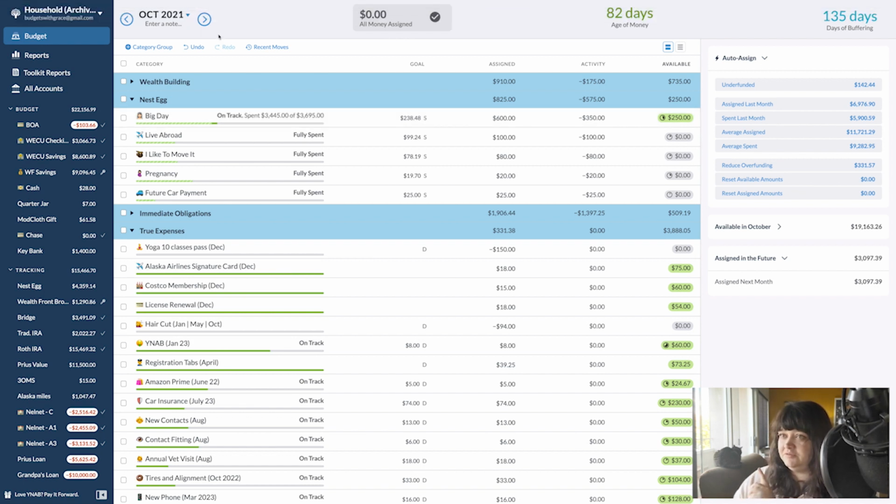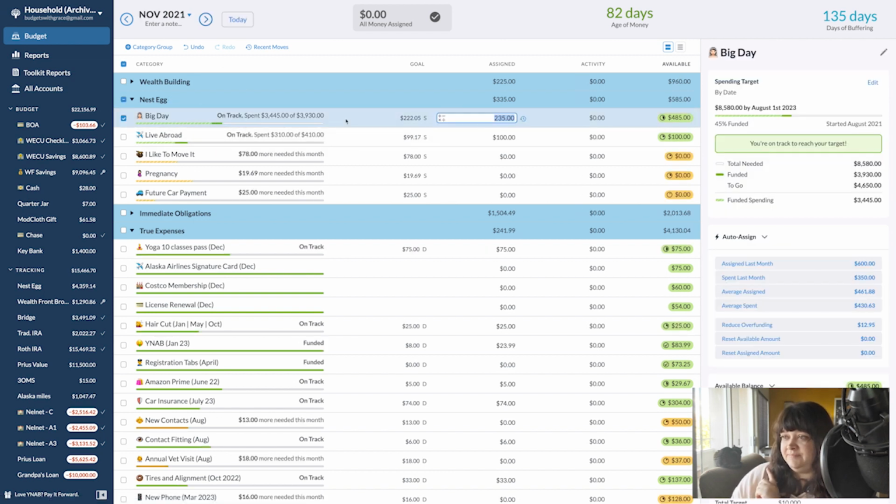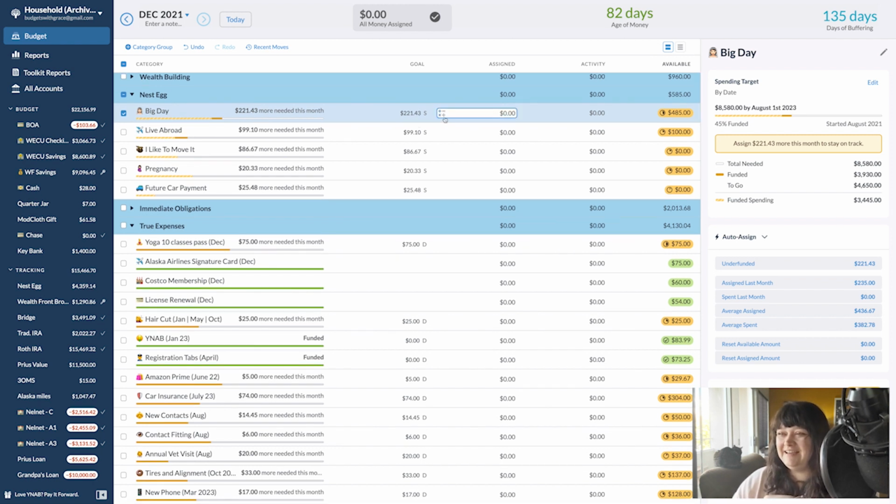And I do want to go forward to October and look at big day. I can see because I invested an extra $250 in October, the goal for November is down to $222. I've already budgeted $235. So if I go into December, I can see this is down to $221. So really close to getting to